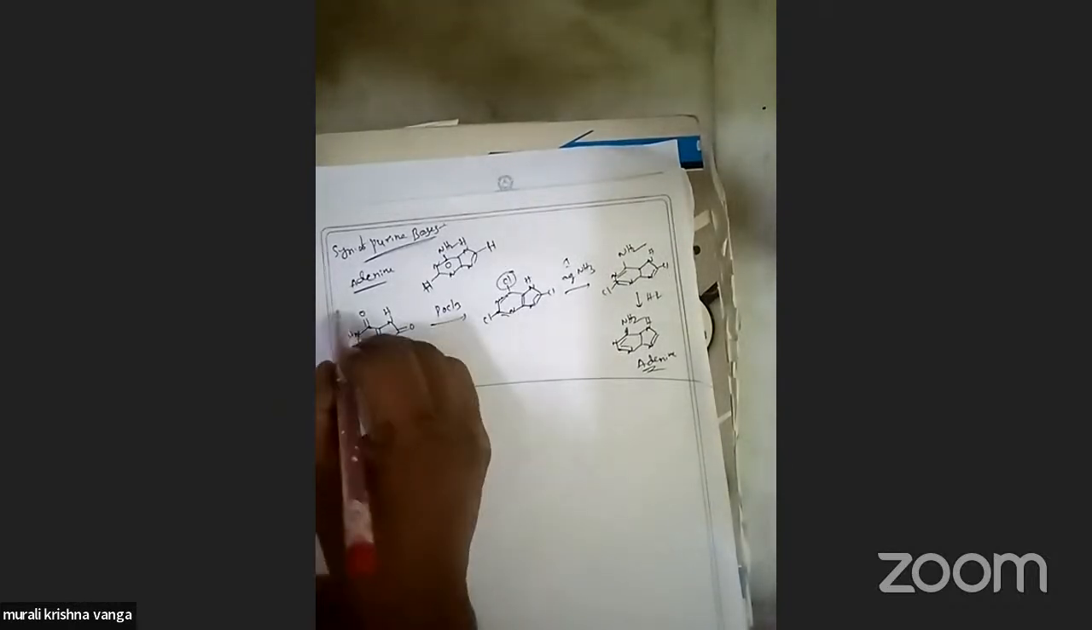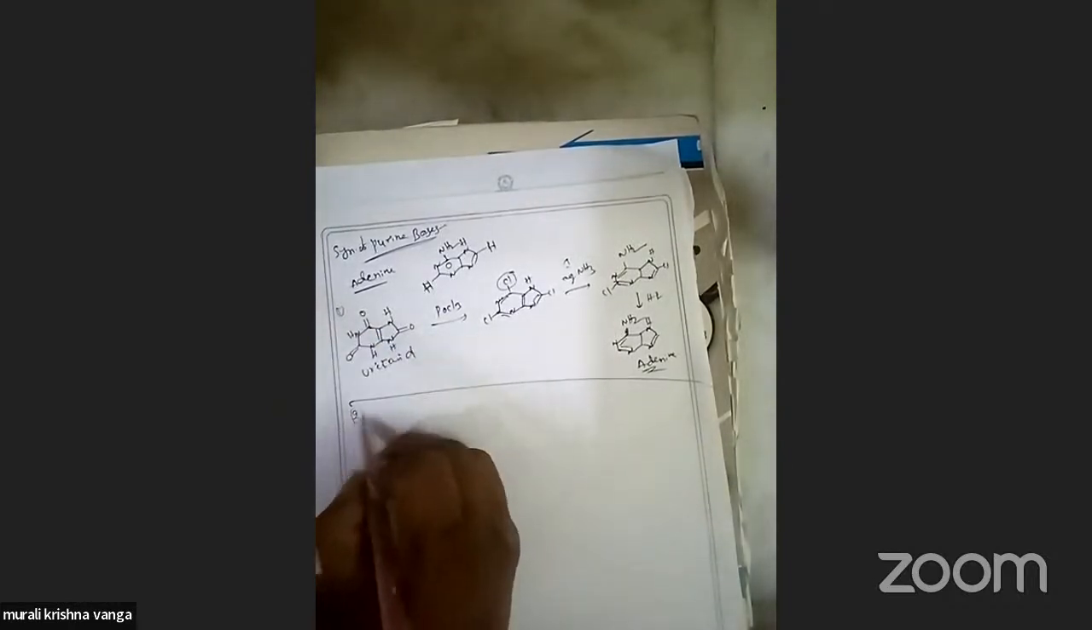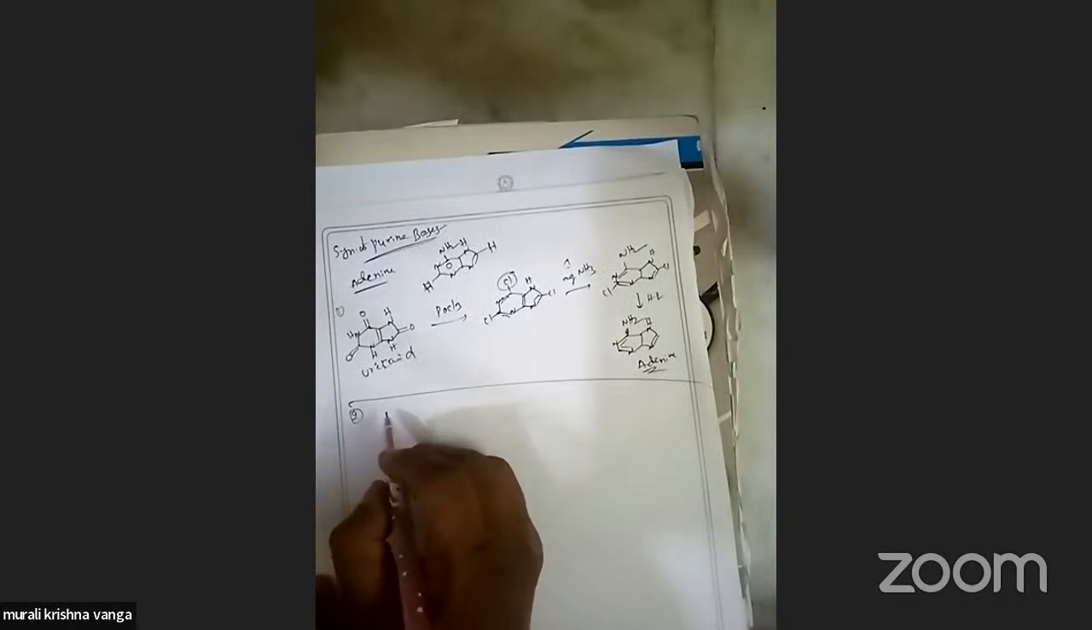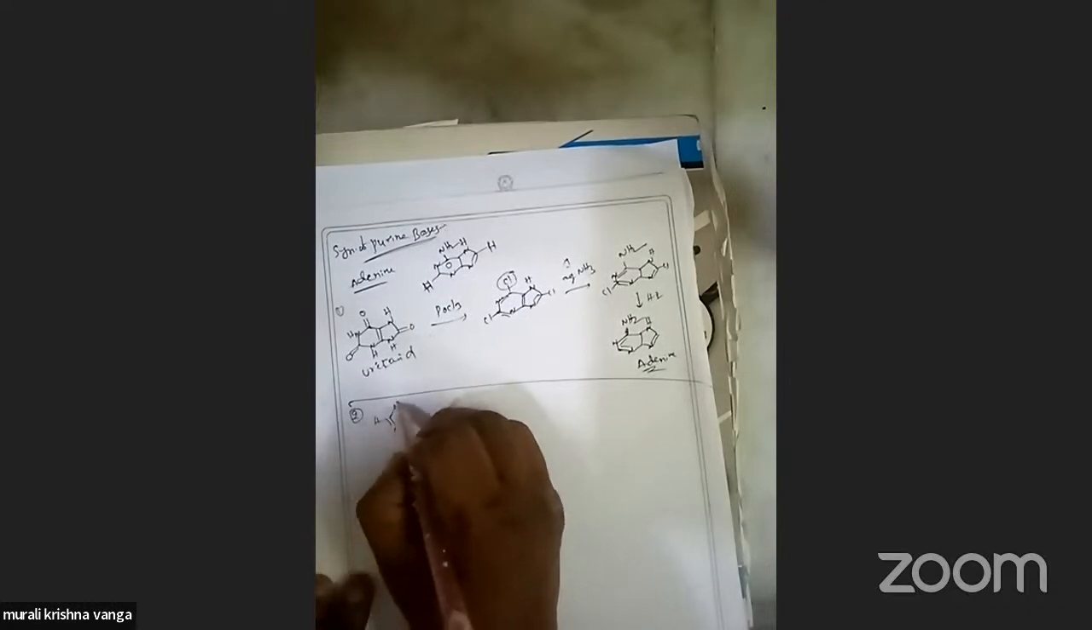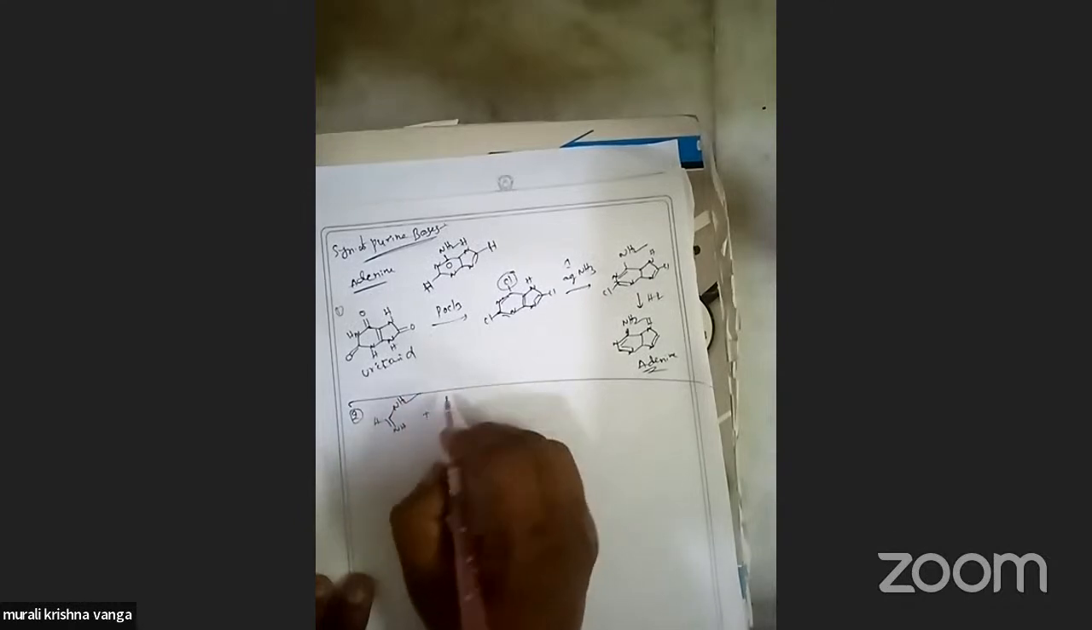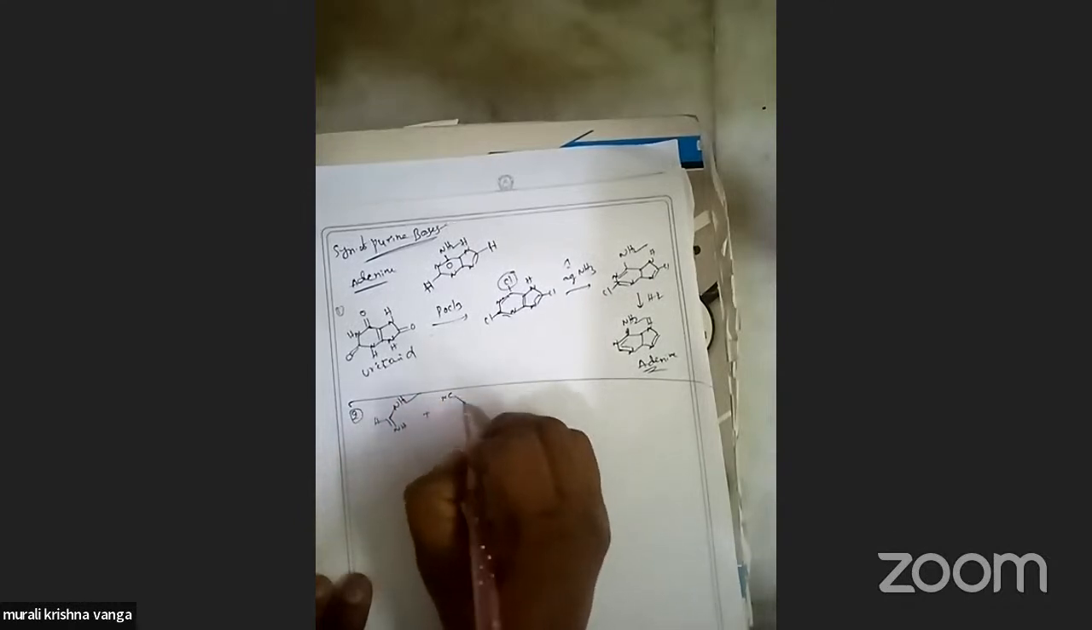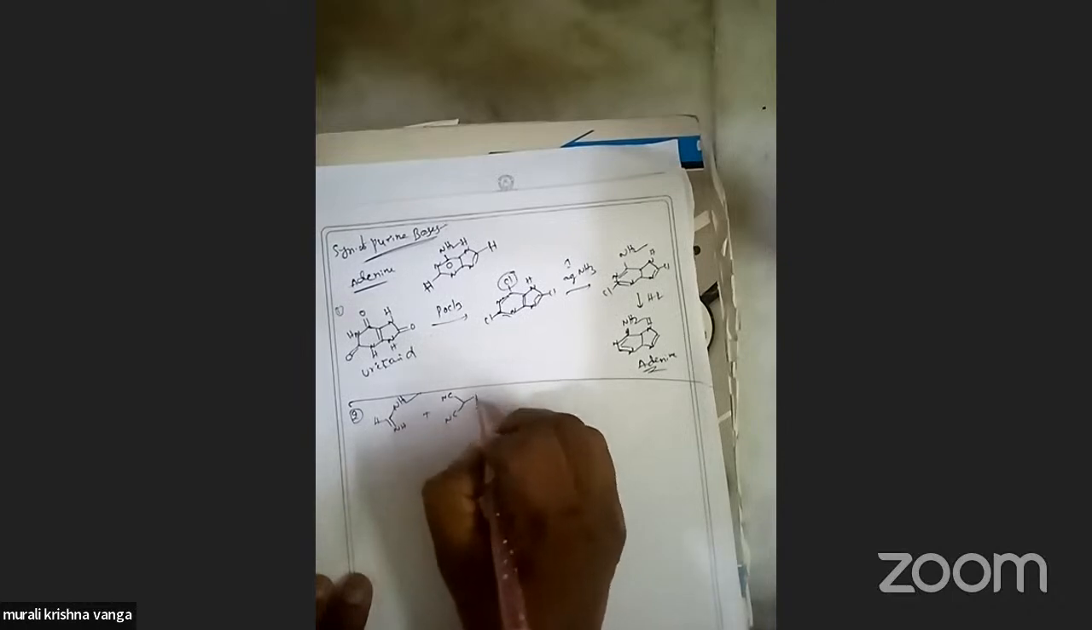This is the first method to synthesize adenine. The second method of synthesis of adenine is from formamide. When this formamide reacts with phenylazomalononitrile, in the presence of sodium ethoxide and ethanol solvent,